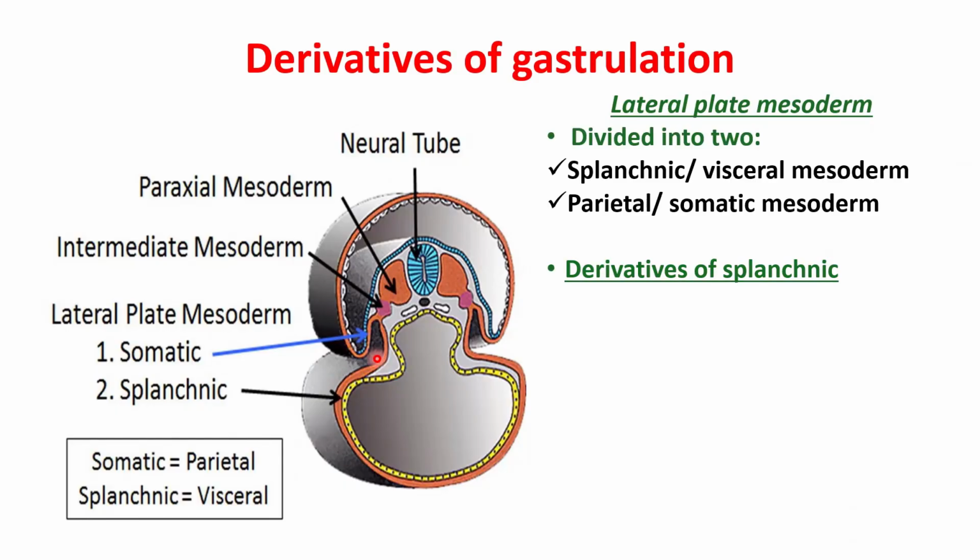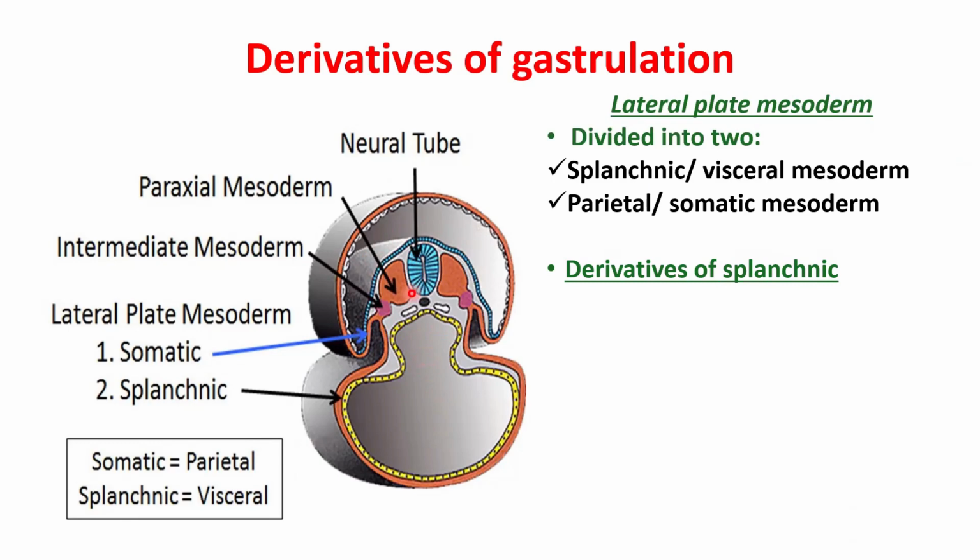So now the derivatives of the splanchnic. As you can see, this splanchnic will be incorporated together with endoderm when you have the lateral folding. So remember, you'll have this yolk sac that you can see here, and then this amniotic cavity. So what happens is that some part is incorporated into this developing embryo once you have the lateral folding. So that means the endoderm and some part of the splanchnic part of lateral plate are incorporated